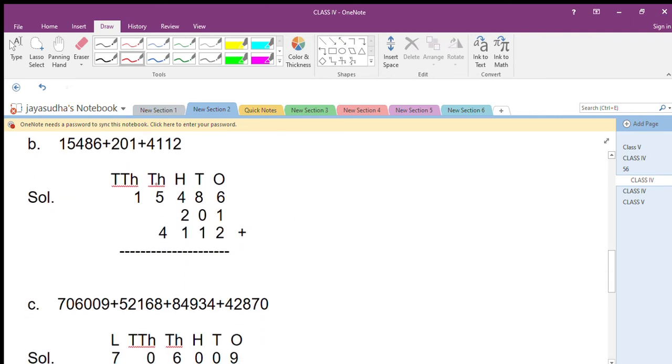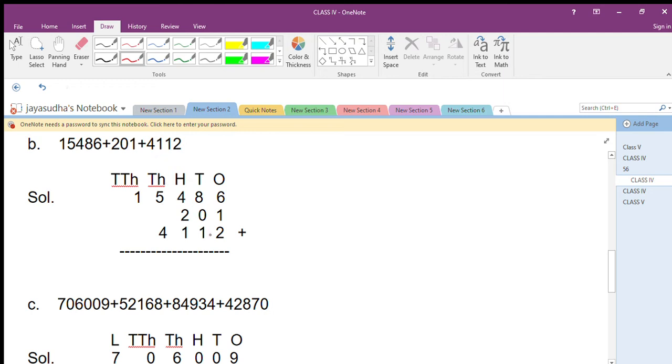The same method, first you have to write the place values: ones, tens, 100, 1000, 10,000. Here three sets of numbers are given. So first you write the ones place number, then tens, hundreds, thousands and 10,000. Same, look here, here three digits only. So ones, tens, hundreds only here. There is no thousands, there is no 10,000s. So you want to drop the hundreds place.